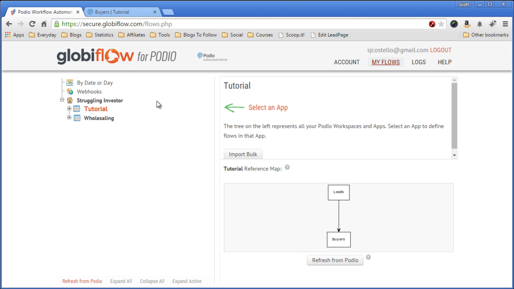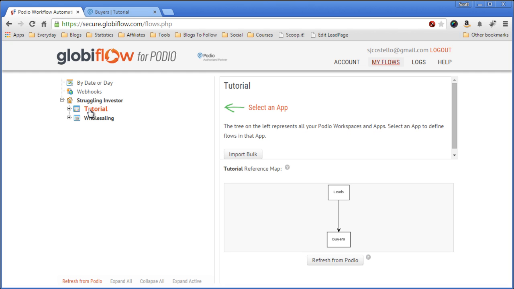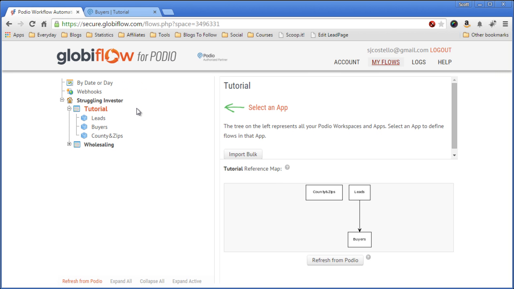So what you'll do is you'll go to My Flows, and you'll see this first, and you'll expand your organization, and here are my workspaces. This is the workspace for tutorial. And the first thing we want to do, just to make sure we're up to date, is click on the workspace and then come down to the bottom and hit refresh from Podio. So this will refresh everything from Podio, pull in the apps that we have, and then this is where we can start creating our